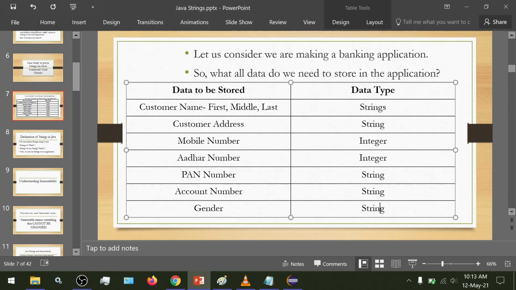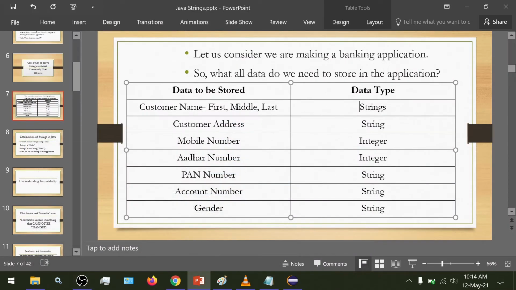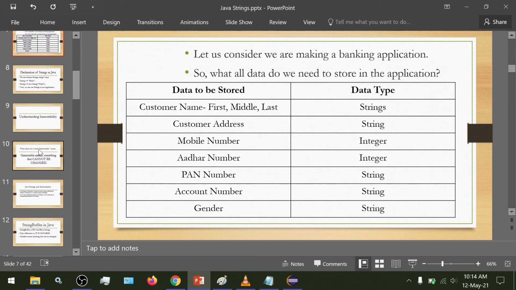We can see here that 80 to 90% of the data representation in computer programs is done using strings. So remember this as a thumb rule. Strings are the most used objects in any computer application, and you can consider any other application. Considering any other application, you can apply the strings thumb rule. If you list out the data that needs to be stored and take out its data types, the rule always proves true that strings are the most commonly used objects in programming.